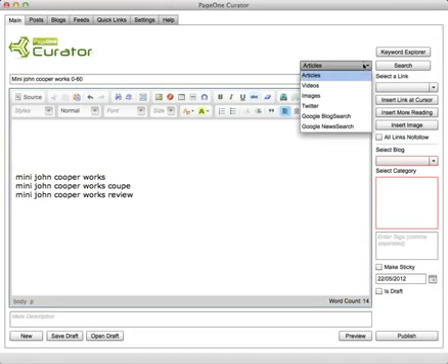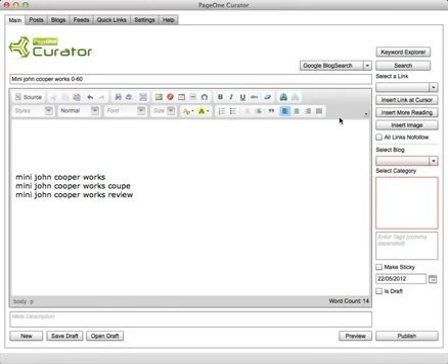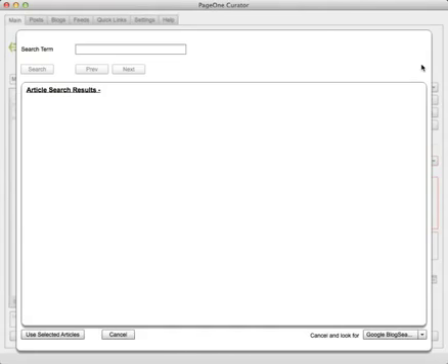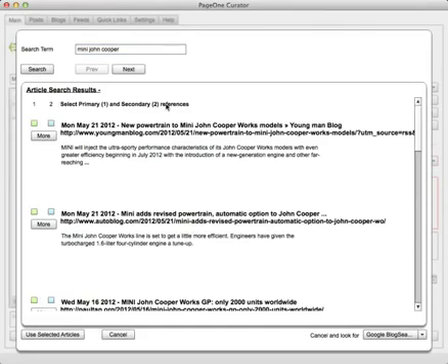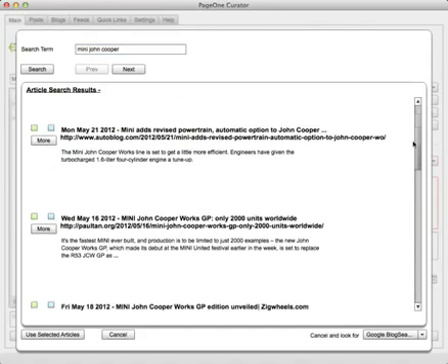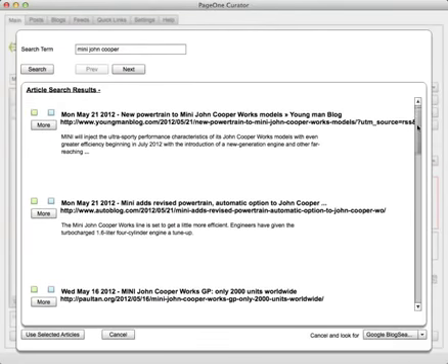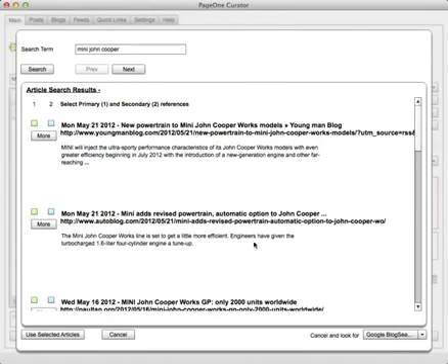So I can search over all my articles from my feeds, all videos, images, Twitter feeds, Google Blog Search or Google News Search. So let's start with Google Blog Search. So I'd simply type in my keyword, and it comes back with the latest posts that have been created around that keyword. So straight away I can see that there seems to be a new John Cooper Mini released, and